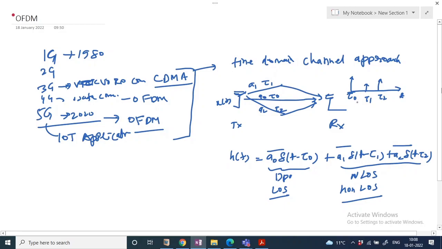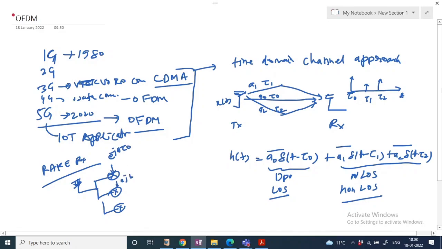can be enhanced. If you remember RAKE CDMA, we generally use a RAKE receiver. You have the signal arriving, then it goes through multiple delays. Basically, you optimize the phase here. So here the phase is omega tau 0, e to the power minus omega tau 1, and here the phase is omega tau n. So this is the n-th path.